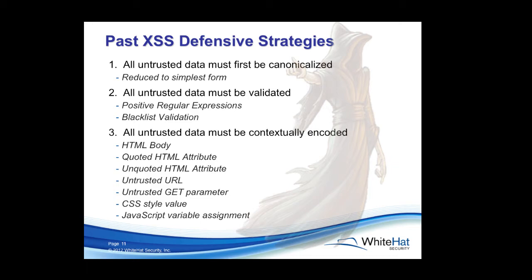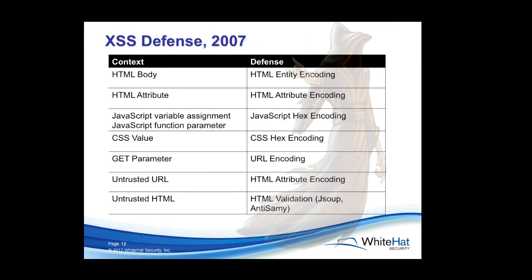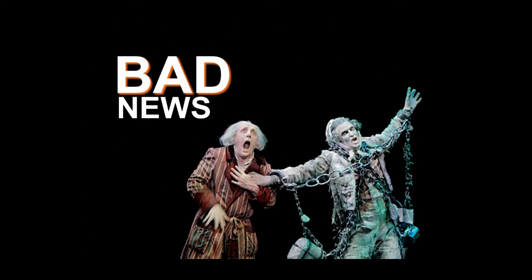HTML entity encoding, percent encoding, cascading style sheet hex encoding, JavaScript hex encoding are the main ones that we're going to want to deal with. And so this is a reasonable piece of advice. This is circa 2007. These are the different defensive techniques we need for each context, but even this is not